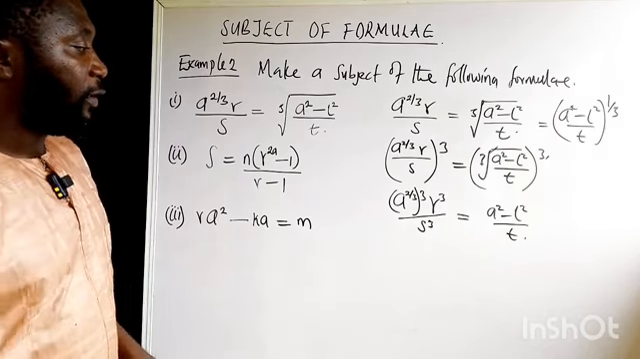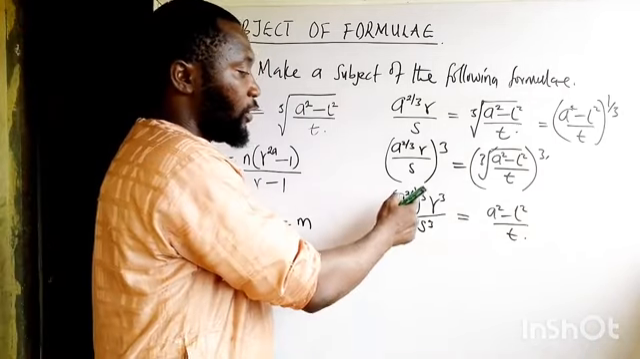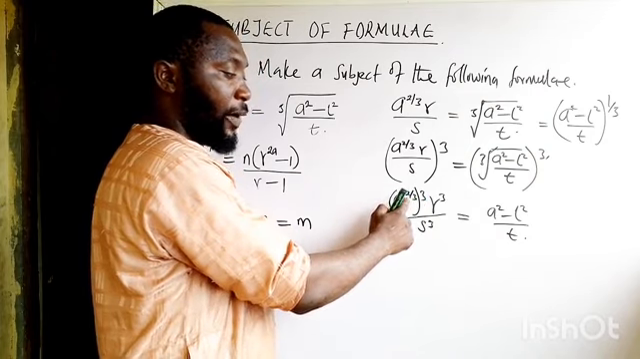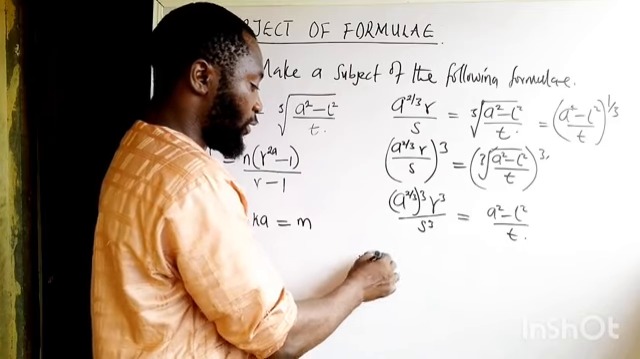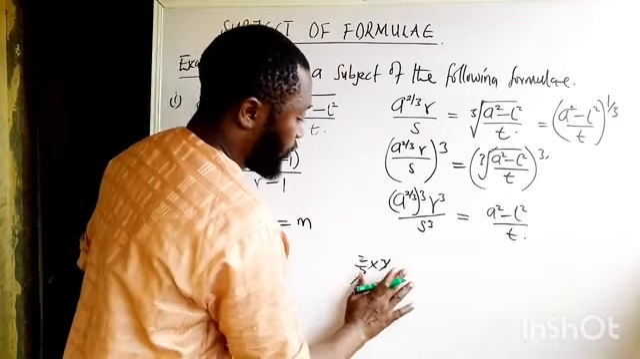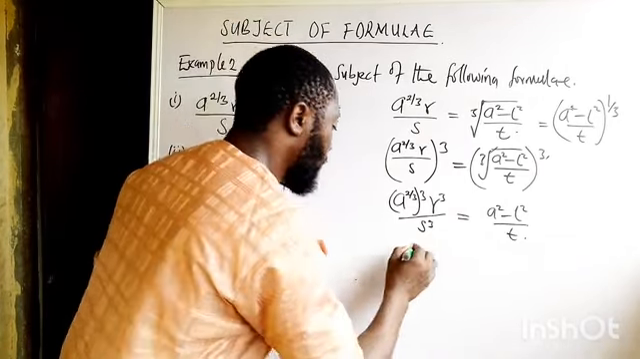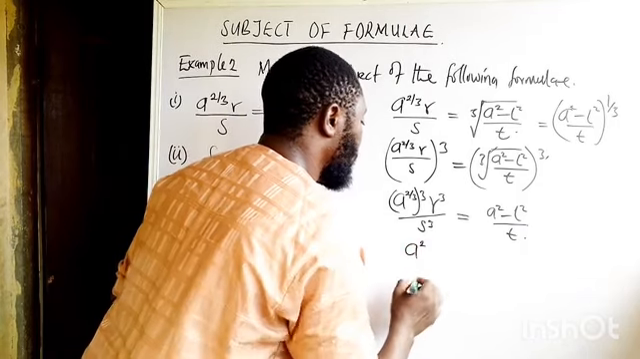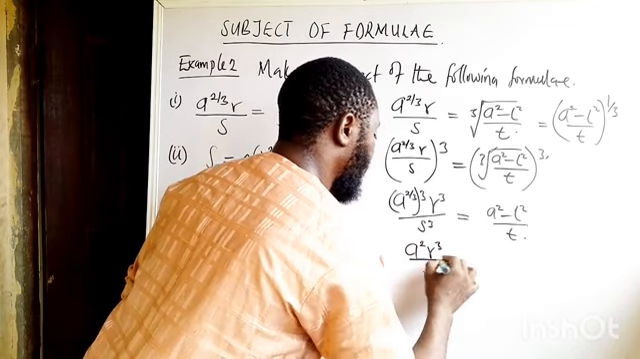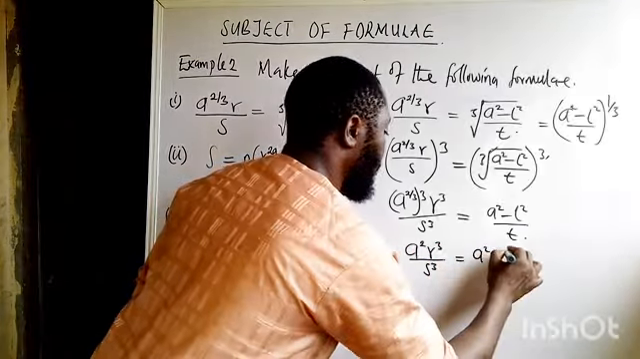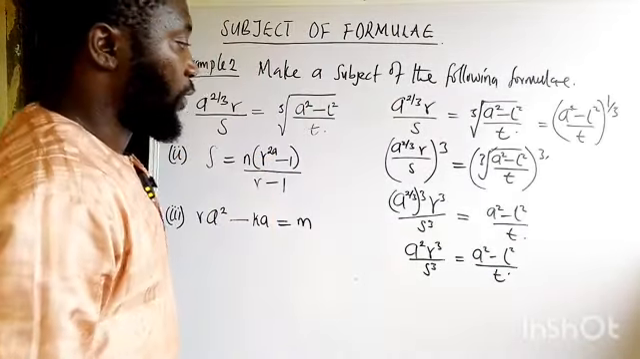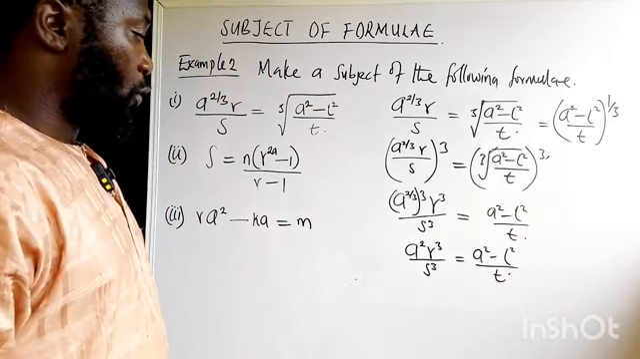Now from here, the power here will affect the power here. So you have 2 over 3 multiplied by 3. So 3 is gone. So that is just a raised to the power of 2. So now I have a raised to the power of 2, r to the power of 3, s to the power of 3 equals a raised to the power of 2 minus l square divided by t. Now, we can